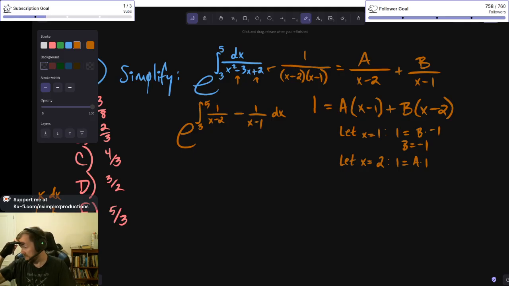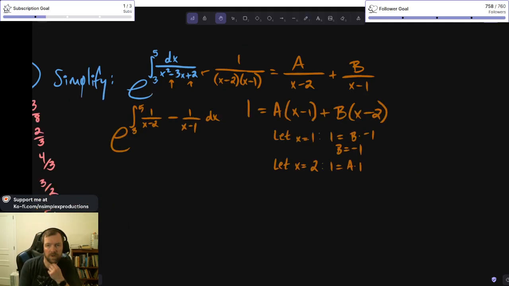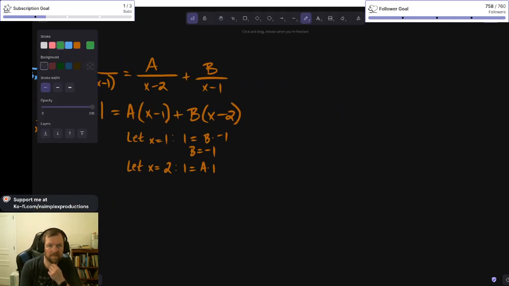Logic set of theorem tells us that we know there are some a and b, which makes this a true identity. Right, yes. So this has to be true for all values of x, and therefore we can select very convenient values for x, which eliminate the other stuff. Alternatively, right,